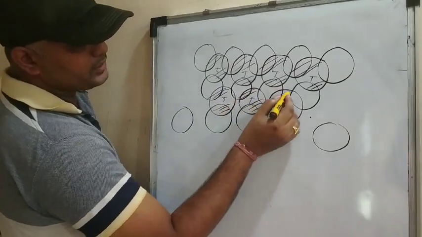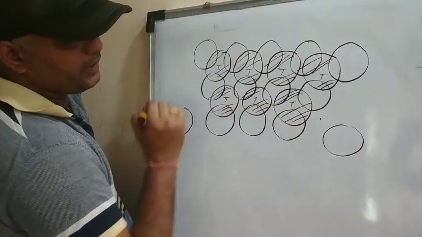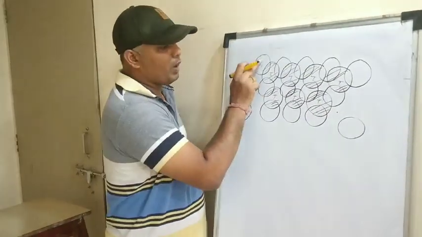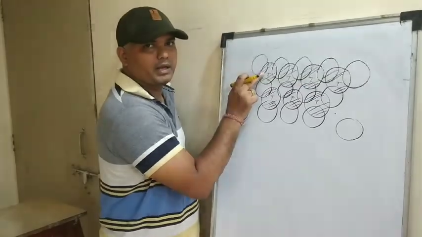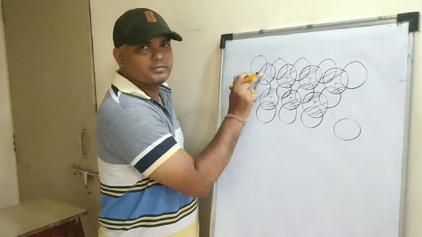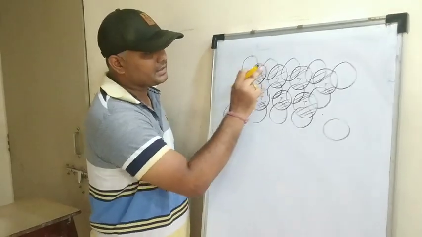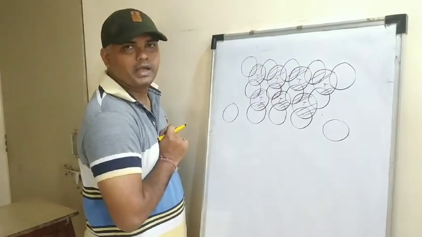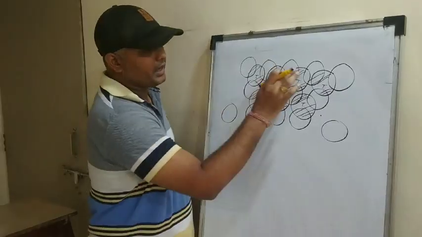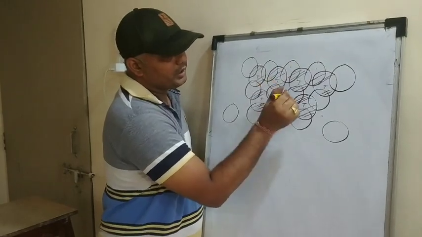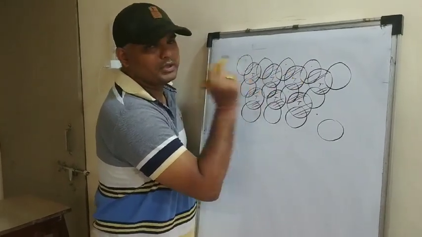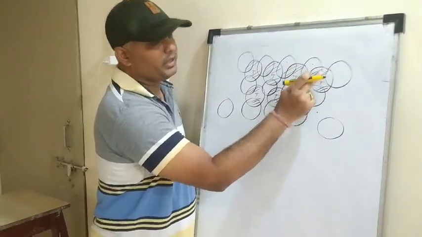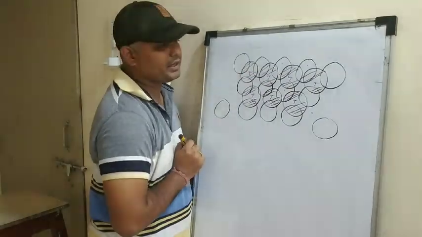I have purposely used a different pen, a different marker. See, now here, in the unshaded portion, 1, 2, 3 and one particle at the top, right? So what does it become? It becomes a tetrahedral void. So 4 particles. Again see, 1, 2, 3, one unshaded portion at the top. So this becomes a tetrahedral void. See again here, 1, 2, 3 and one at the top. So this becomes a tetrahedral void. Again see, 1, 2, 3 and one more particle at the top. So this becomes the tetrahedral void.